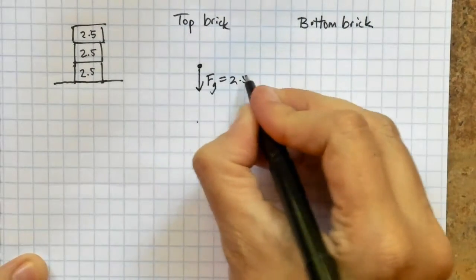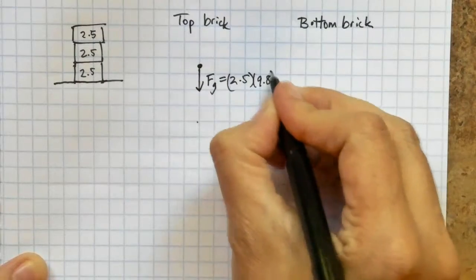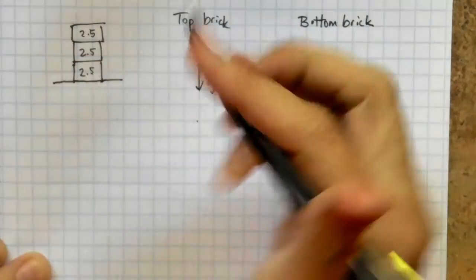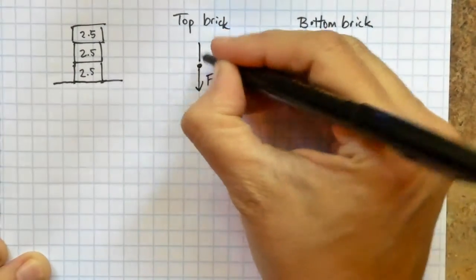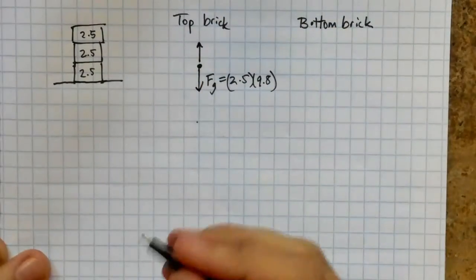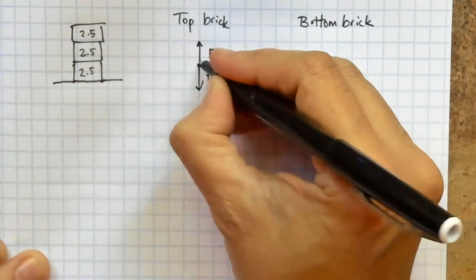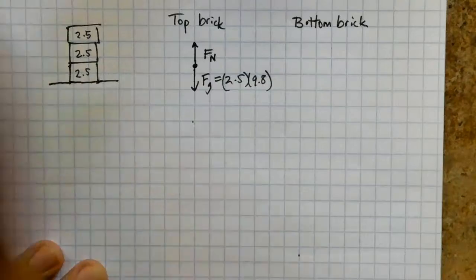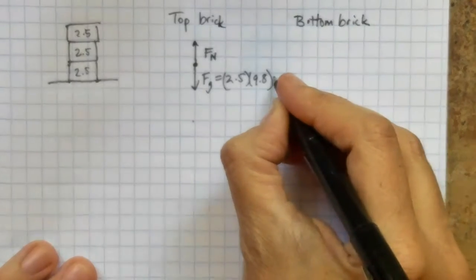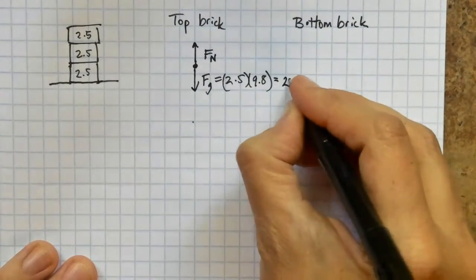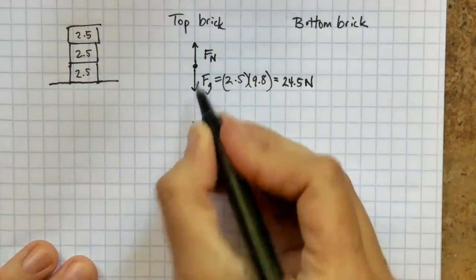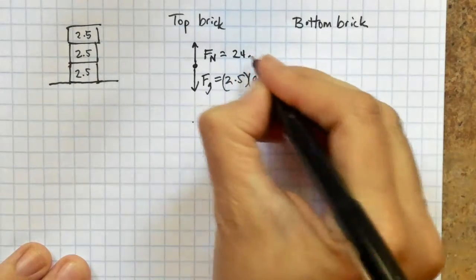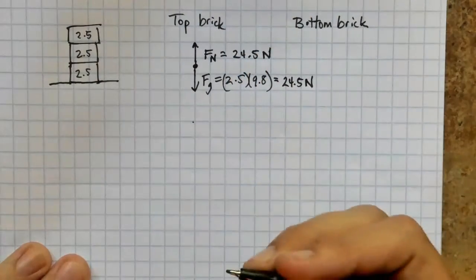For the top brick, we have a force due to gravity, and that's going to be equal to 2.5 times 9.8. So the mass times acceleration. And then the second brick is pushing upward on the top brick in an equal and opposite force. Ideally, these two arrows are exactly the same. And when we do that on our calculator, we get that the force due to gravity is 24.5 newtons downward,